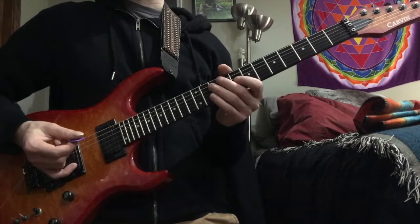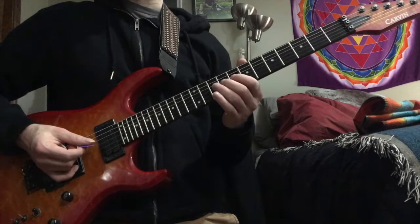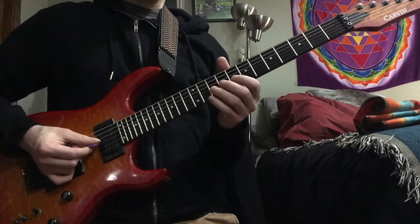So major 7 is a very common note to add on, outside of the Dorian scale. You can do the major 7 if you want. It's a cool sound. So far now we have...